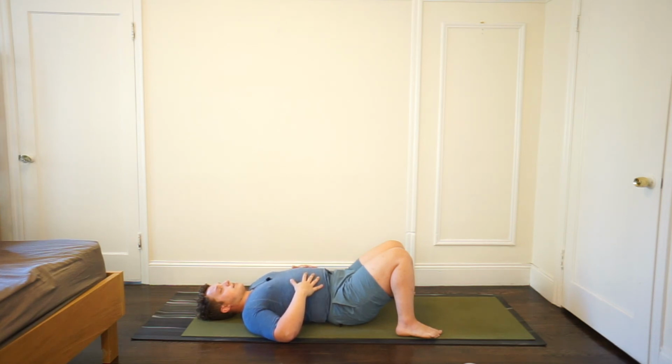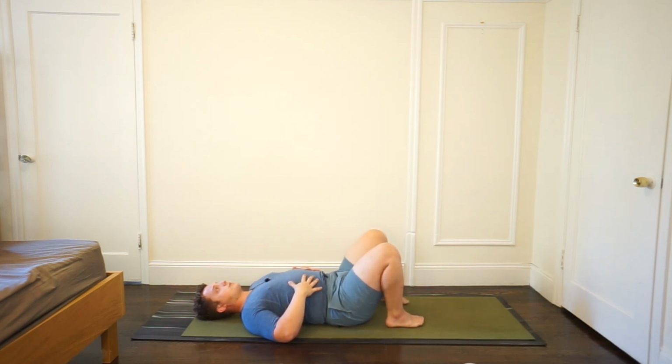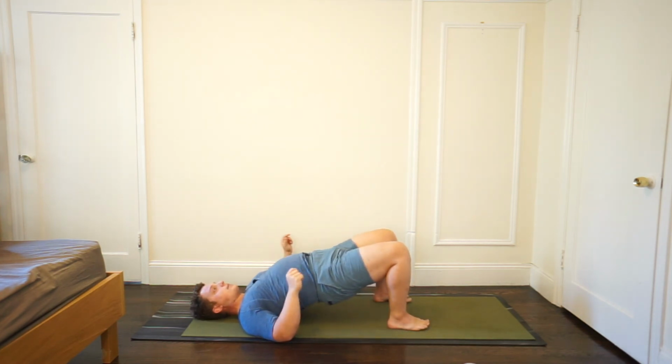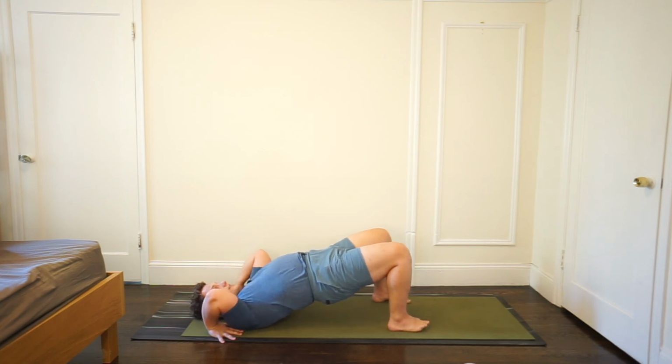Slow down the breath. Good. Let's come into that second and final back bend. So either bridge, what we just did a second ago, or wheel pose. Bring your feet hips distance apart. Lift your hips up. Either plant the hands by the sides of the head or interlace the hands under the